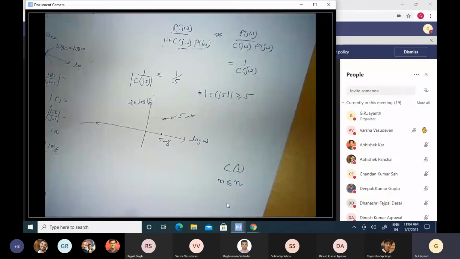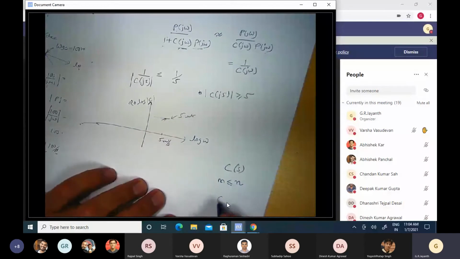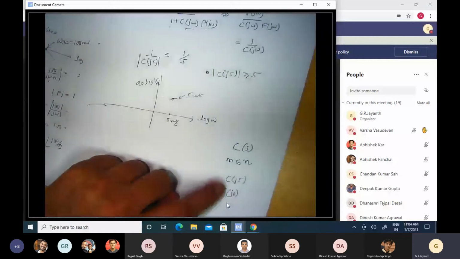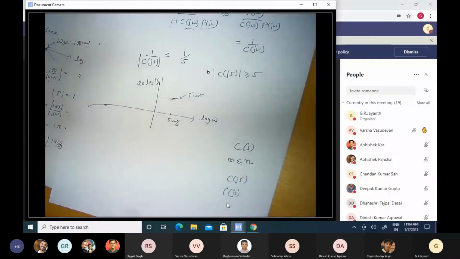Okay, I can choose it to have any structure I want, as long as at those frequencies, C of j5, if I compute, and C of j0, if I compute, I get infinity in one case, I get at least 5 in the other case. Now, how many controllers can I find that satisfy this? There are infinitely many controllers that satisfy these specifications. So in fact, design is not like solving a problem in algebra, which has a unique solution. Design involves making an intelligent choice between many different possible solutions that are out there.